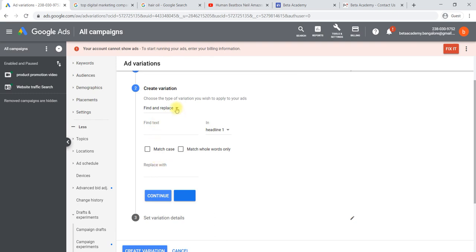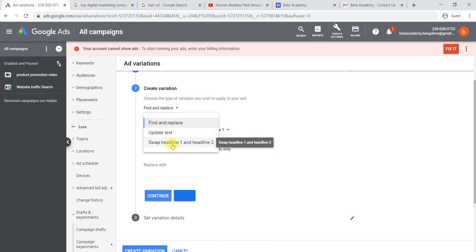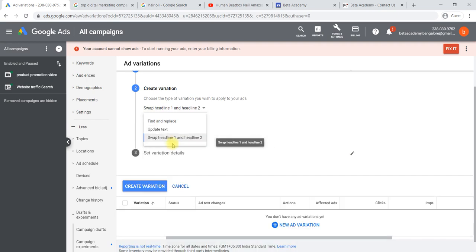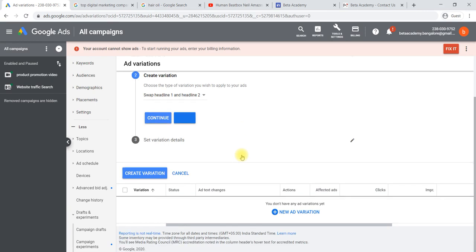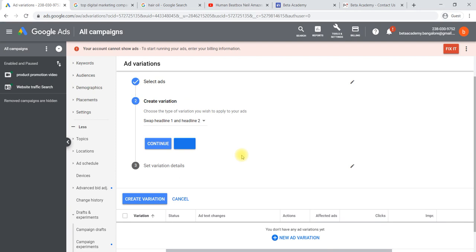In the find and replace, you can update the text or swap headline 1 and 2. For example, if you'd like to swap them, in one ad the first headline will be the second headline in a second ad. Like that we can swap the headings and check which heading has maximum traffic, and we'll say continue.